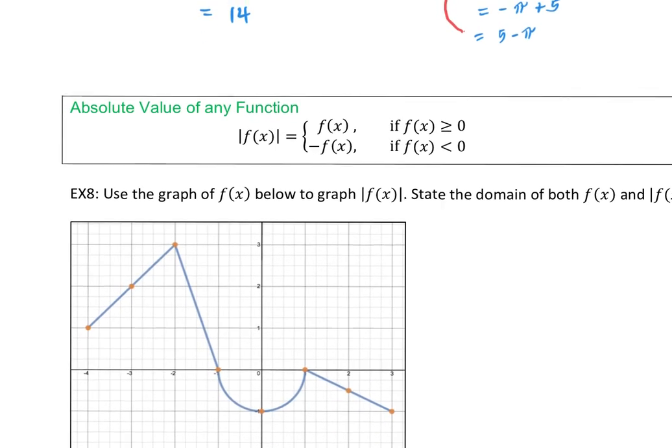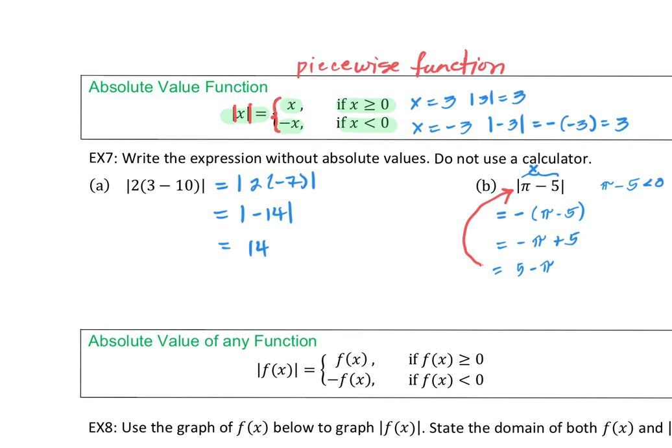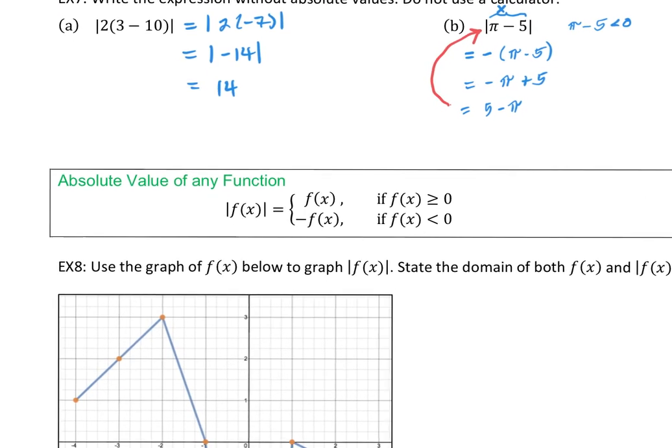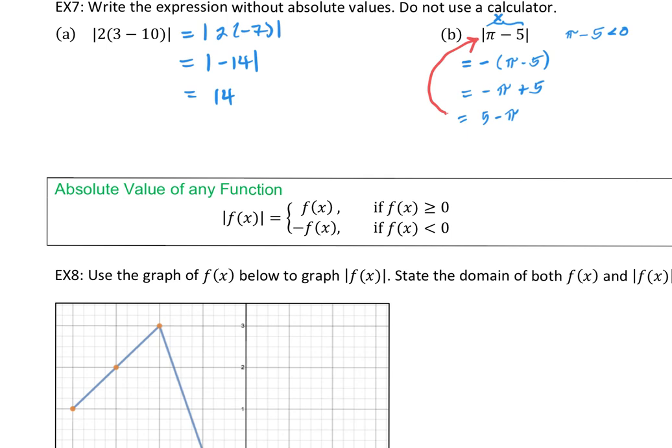Let's go back to our absolute value. Remember, if we're looking at this as a function, f of x equals the absolute value of x. But now what happens if we take the absolute value of a function? Instead of having the function equal to an absolute value, we have the absolute value of a function. So what I've done is simply replace the x's in the definition of the absolute value with f of x. So we have the absolute value of f of x is equal to f of x